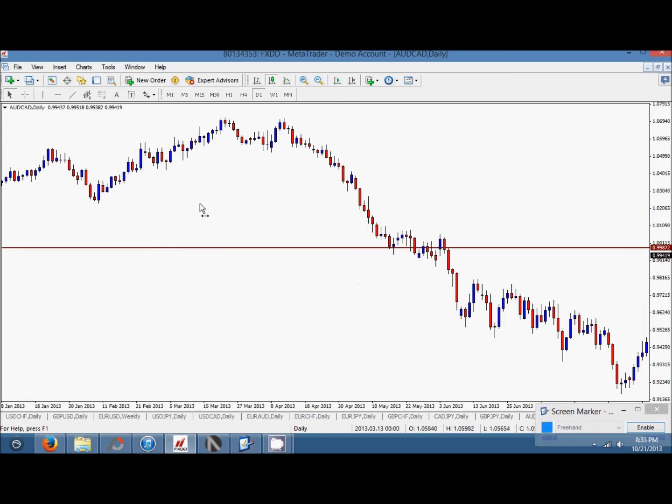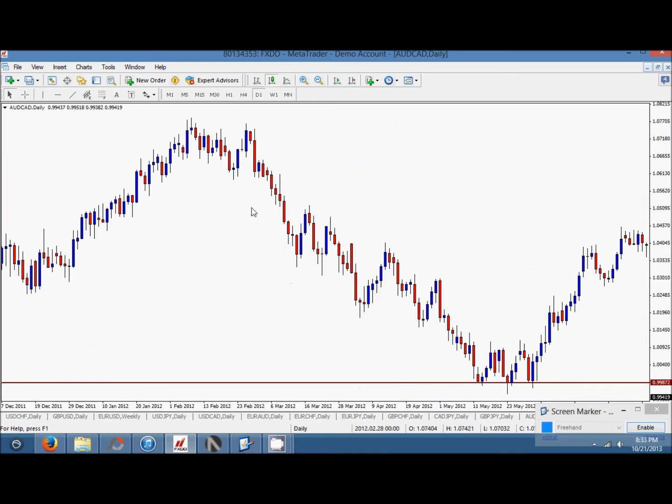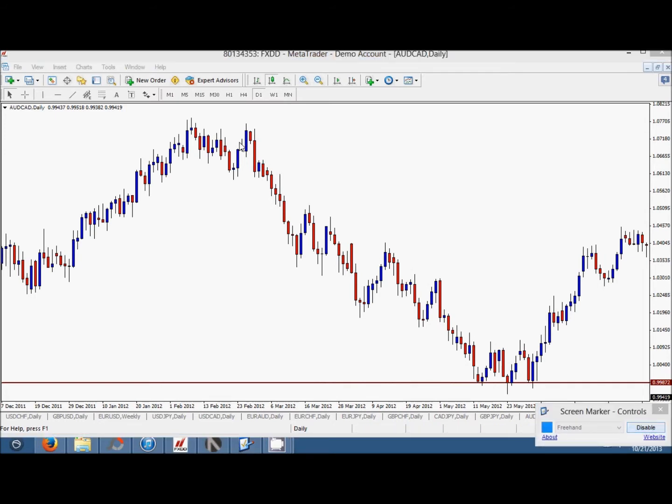So let's just try to get a quick one of a downtrend. Let's see, this might work. So we have the starting point right here, a low, a lower high, so this high right here is lower than the first high, and we come down here and we have a lower low, so this low right here is lower than the first low right here, and then a lower high, this high is lower than this high, a lower low, this low is lower than this low,